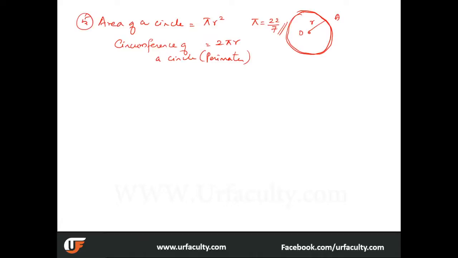And then if we are supposed to calculate, let's say there is an arc, you need to find out the length of the arc. How do we do it? We just need to connect this line and find out the angle. Let's say we call that angle theta. So this length is also r because that's the radius. So if you have to find out the length of this arc and then also the area of this sector, then we can do it by this formula. So length of the arc